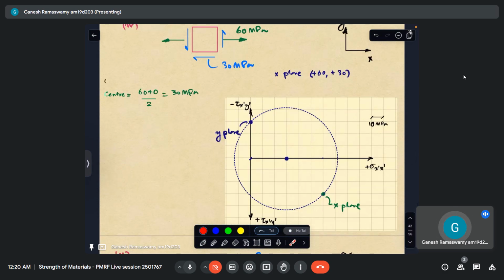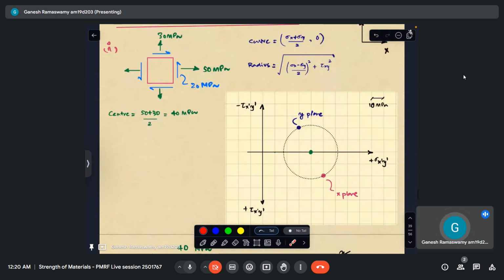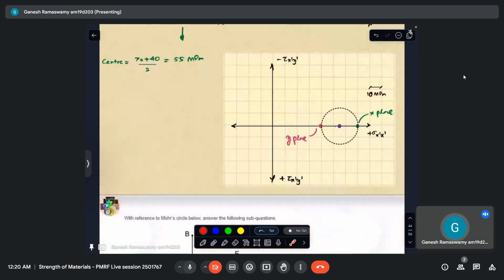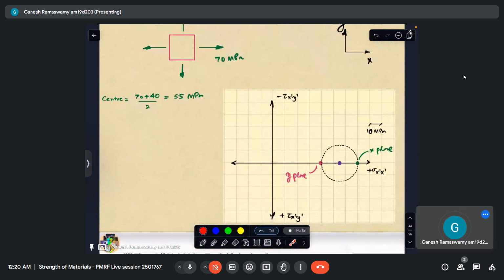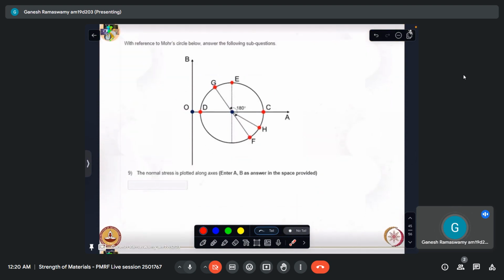So I hope with all these examples that I've covered all the types of combinations: positive shear stress, negative shear stress, how normal stresses vary, positive, negative, no normal stress, and only normal stresses and no shear stresses. So for all those combinations, we have drawn the Mohr circle. So I hope that the conventions are clear now and the viewers will be able to do it confidently. So in this context, let us look at this problem and quickly wrap it up.